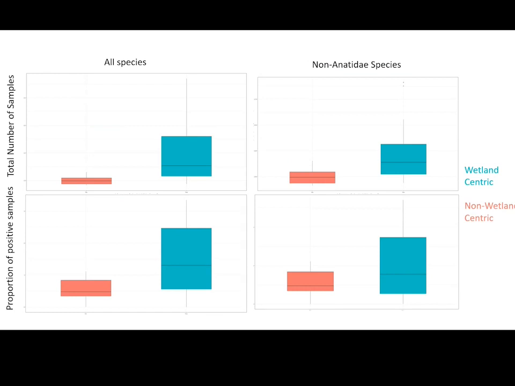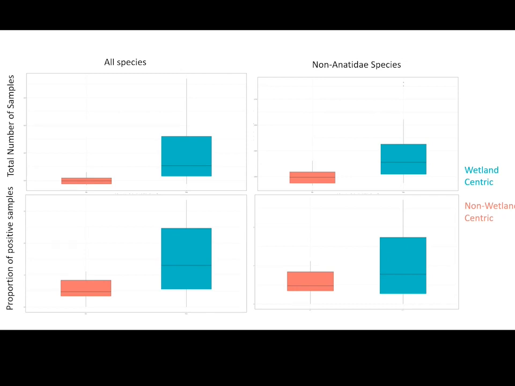Thinking about the influence that Anatidae might have on this data set, I decided to run things through an all-species and a non-Anatidae species model approach. In terms of sampling bias, it exists for all species, and when you remove Anatidae from the testing, it's still there, still higher, at a lesser degree of severity. Looking at the proportion of positive samples, there is a degree of overlap with all species, but that overlap increases a lot when we remove Anatidae from that model.